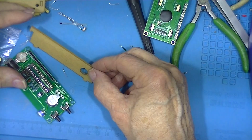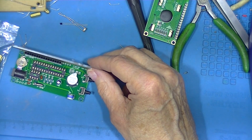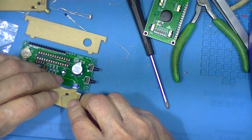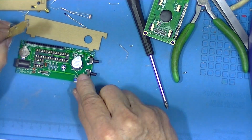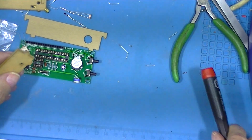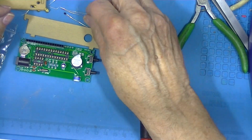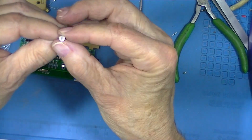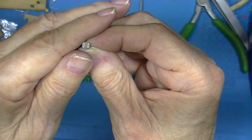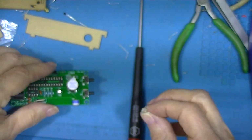I believe that this is going to set, this adjustment is going to be the brightness for this display. And there's a hole drilled in the side of the case so I can reach in and turn it. This little round thing, and I'll see if I get this in focus. See how it's got that zigzag, zigzag, roundy, roundy, round trace on it? That corresponds to the silk screening here, supposedly. And it's going to